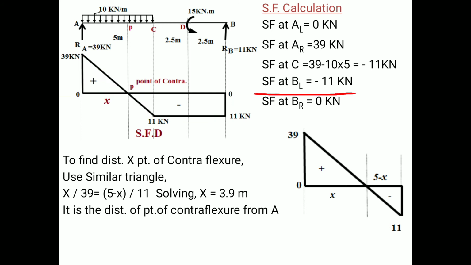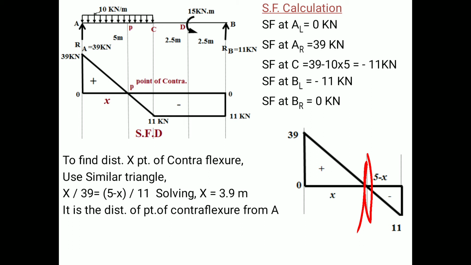Now, if you observe the diagram carefully, you will find a 0 value of shear force from that particular diagram. And that value of 0 shear force is this one. So, I will isolate this particular triangular part from the shear force diagram. Therefore, this is the triangular part which is isolated from the shear force diagram. At point P, we have the shear force equal to 0.